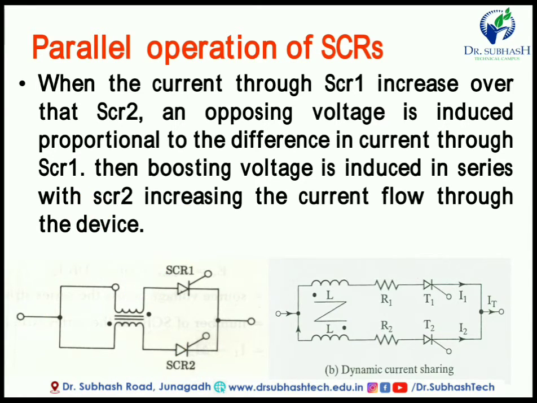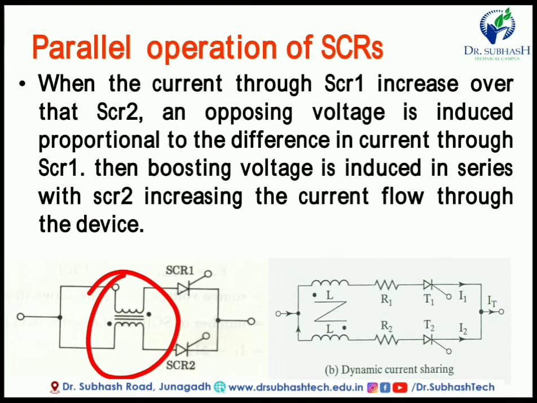So we can say the current is exactly divided into parts according to the number of SCRs connected in parallel. But here you have to remember, you have to connect one isolator or some transformer-type device, so we can easily increase or decrease the current, and the same amount of current can flow into each of the SCRs connected in